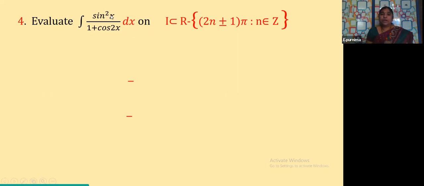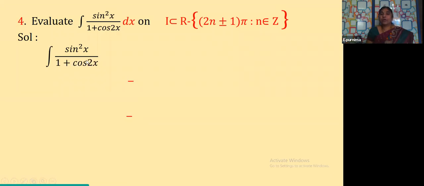Now what is the question here? Integral of sin square x by 1 plus cos 2x dx. Whenever you see this 1 plus cos 2x, to what should it be changed, children? In first year also you did many sums in the trigonometry chapter and in differentiation. So what is it now? It is equal to what? I'm waiting for your answer, children. Exactly. What is this, children? It is nothing but sin square x by 1 plus cos 2x is equal to what?